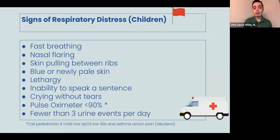Sometimes little kids will have signs of respiratory distress by pulling in the skin between their ribs or even in their neck above their sternum, below their breathing pipe. You'll see the skin tugging in. And those are usually signs that they're really working hard to breathe, that they're struggling to pull the air into their lungs. So if you see that, then you should definitely go to the emergency room and also call your